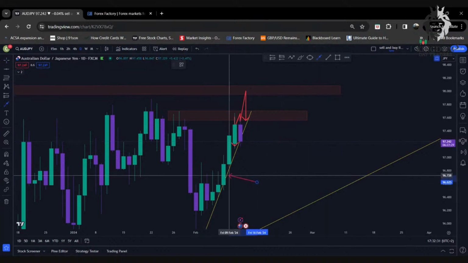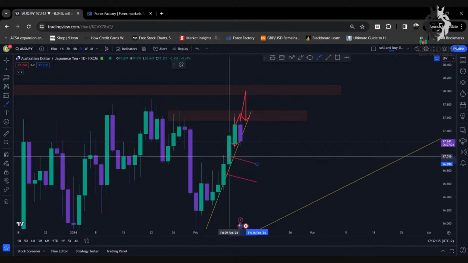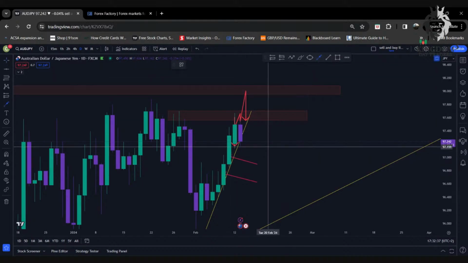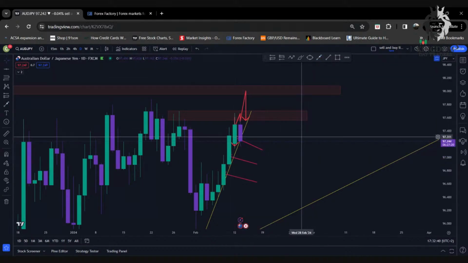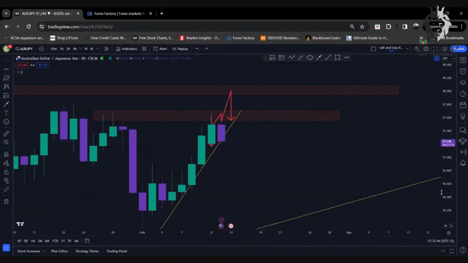So I'm looking at this particular candle over here as well. I was there, and as well over there, right? So we have that in place. But now, if we